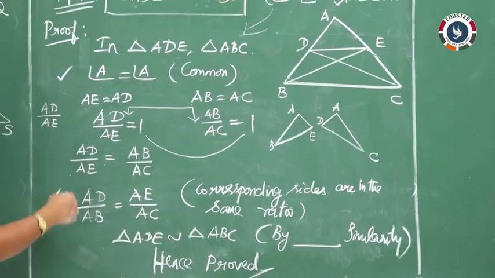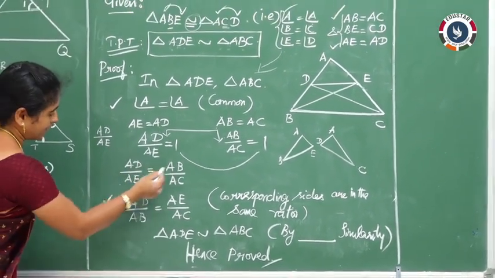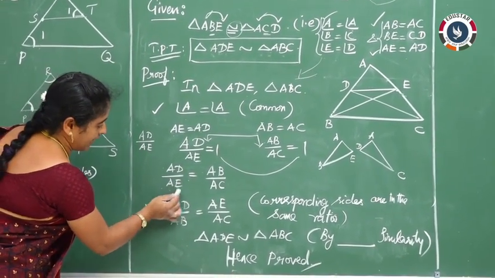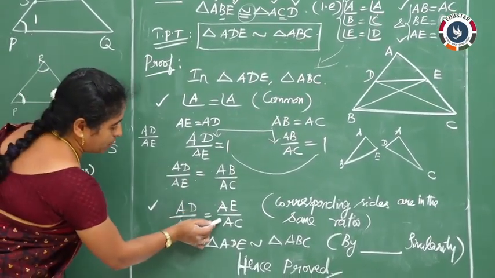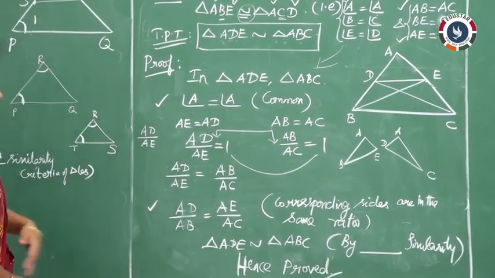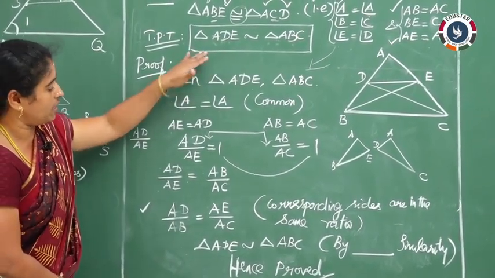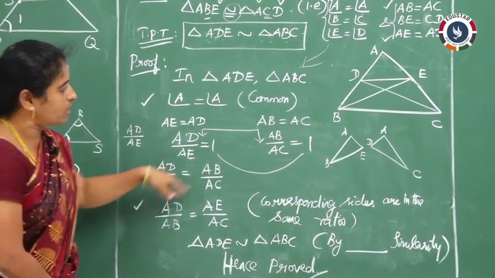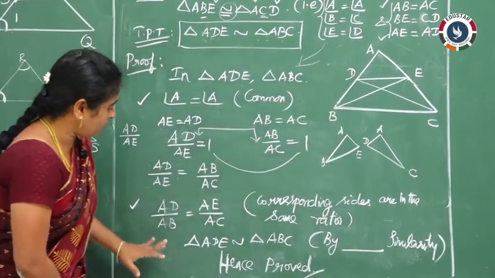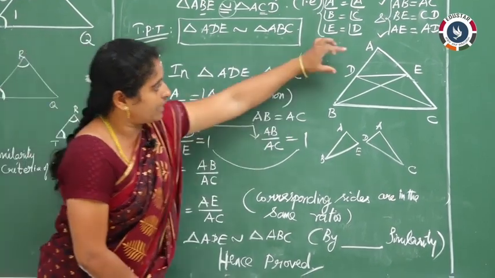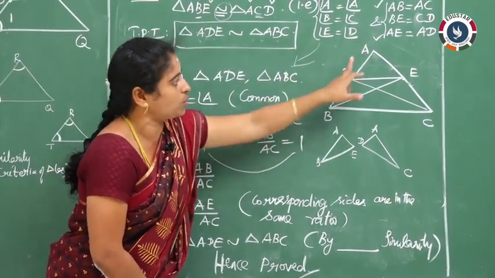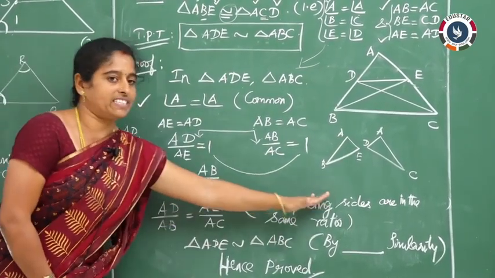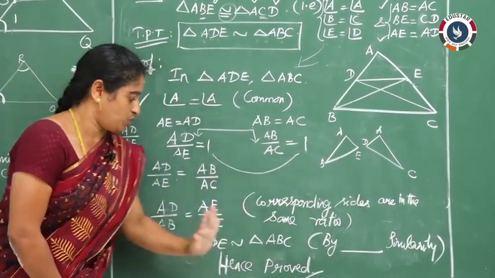And what we want to get, we are going to transpose again. That is AD by AB. Okay. Then AE to the numerator. So AE by AC. To prove that those two triangles are similar, we have to do all these changes. So AD by AB, AD of the smaller triangle, and what is the denominator? AB. So AD by AB is equal to AE by AC. So this is the thing, corresponding sides are in the same ratio.